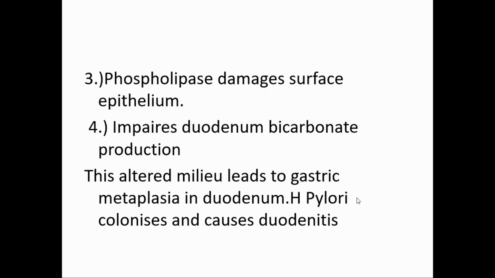Now, what are the H. pylori related disorders? This is not important for you, but you should know them: chronic gastritis, peptic ulcer disease, gastric carcinoma, gastric lymphoma, reflux esophagitis, and non-ulcer dyspepsia. So these are the various conditions. Gastritis is the first step, that's how peptic ulcer is produced. Gastric lymphoma, we'll come to that. Reflux esophagitis, we have already talked about, GERD, and non-ulcer dyspepsia. So these are the various mechanisms by which it causes peptic ulcer.